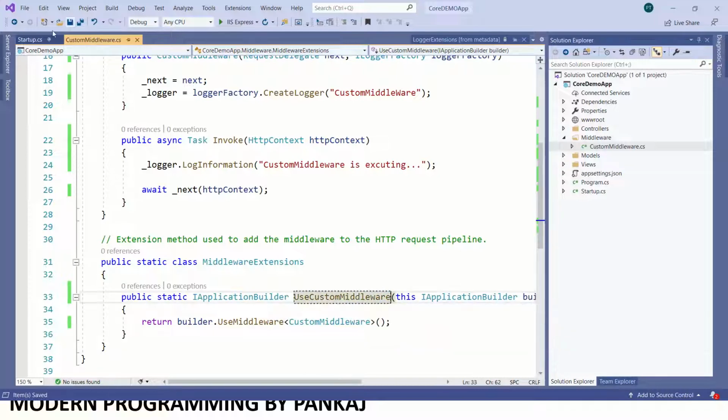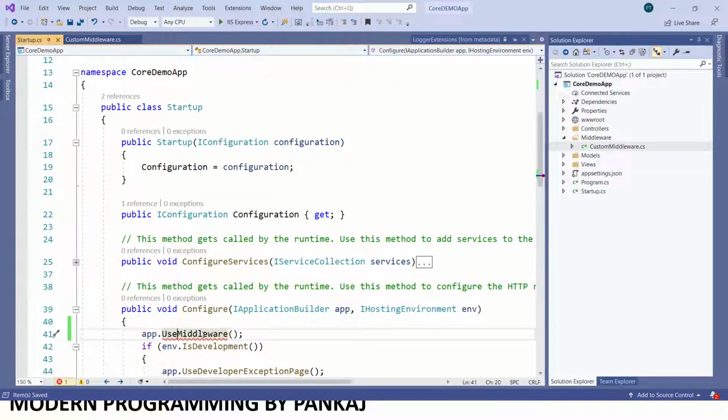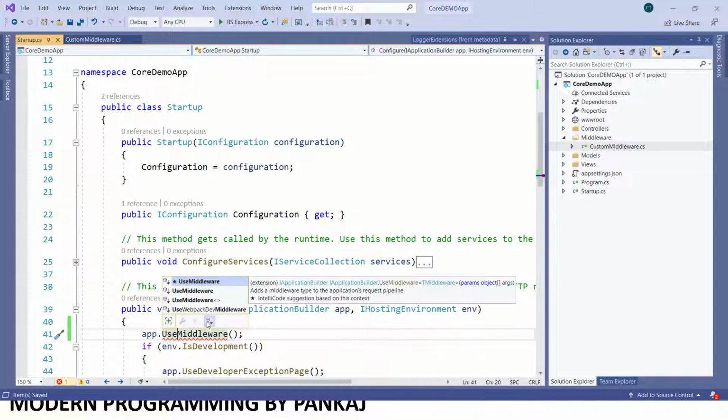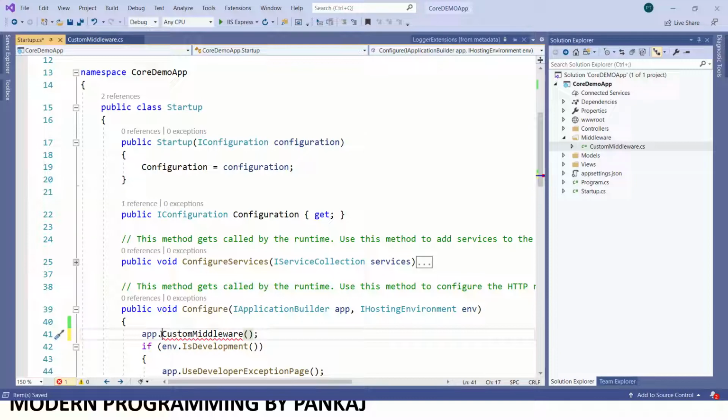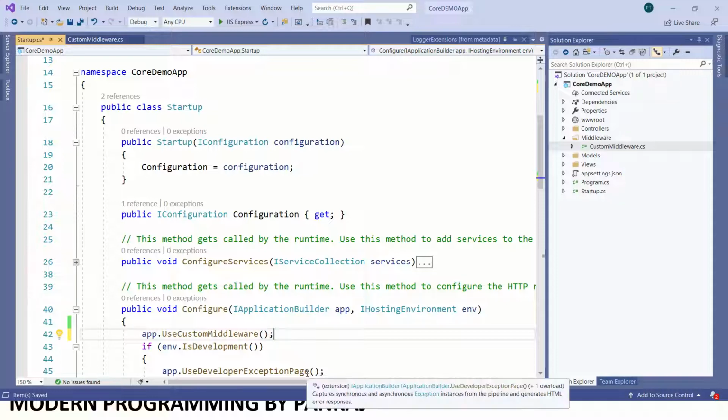See, I have added the custom method. Now whatever custom middleware I have created is added to our request pipeline. Now we can run this application and we can see the logging.